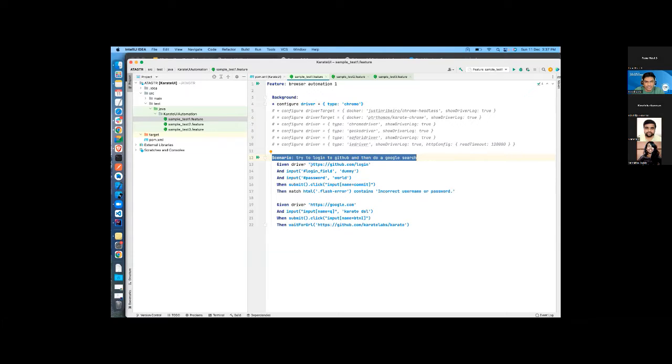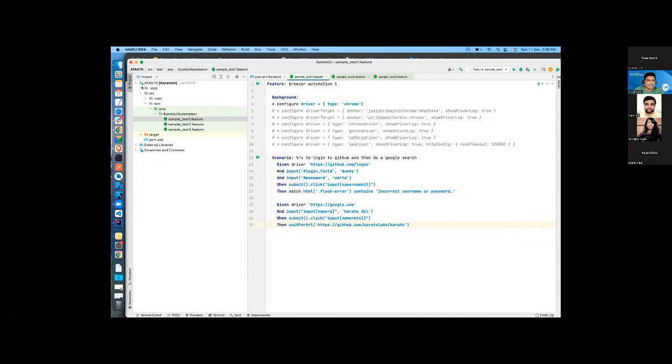We are navigating to github.com, entering the login and the password, and hitting the submit button. There is some check or assertion we are doing with match. Then we are navigating to Google, searching for Karate, and hitting on the site.